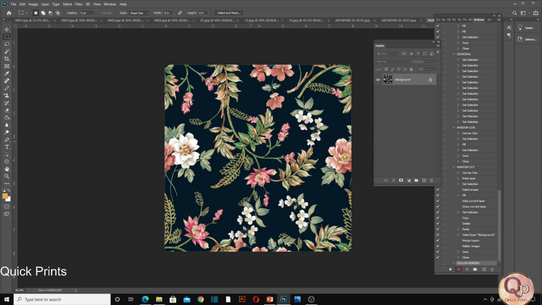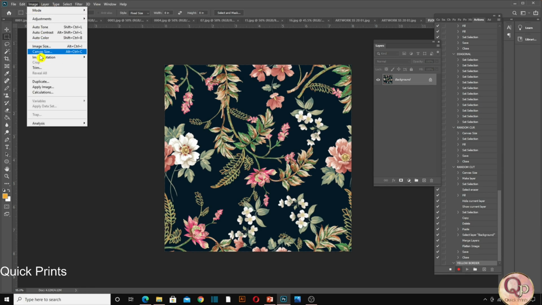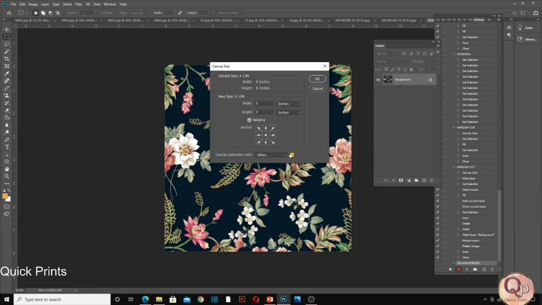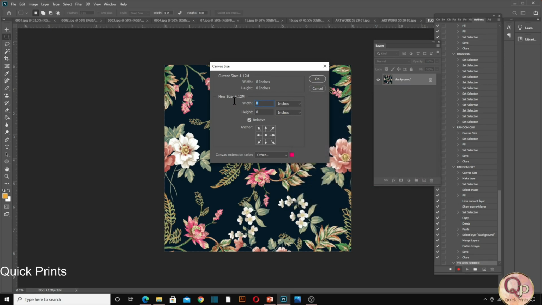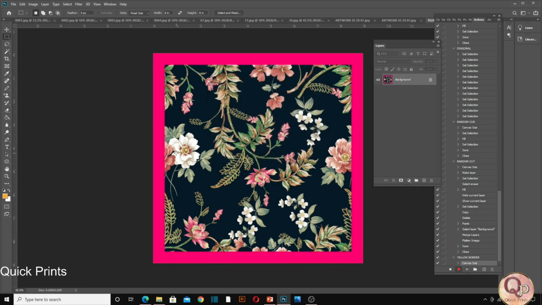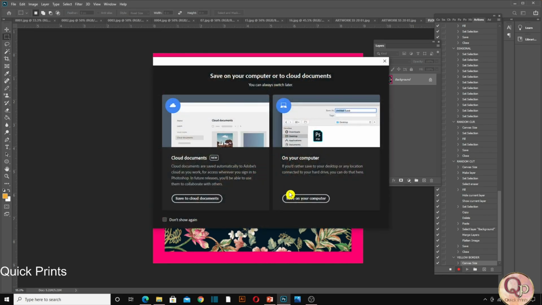Let's record it. Canvas Size, 1 by 1. You can change colors if you want. Let's make it red, that would be brighter. Actually, let's keep it this way. I just want a half inch border, so that's why I'm keeping one. Half will go left, half will go right, half will go top, and half inch will go on the bottom, right? Like this.